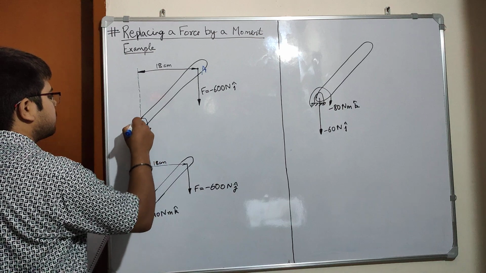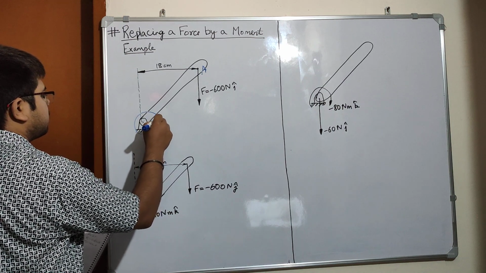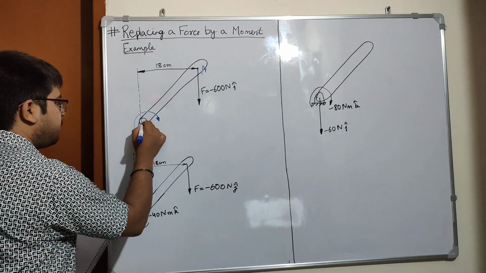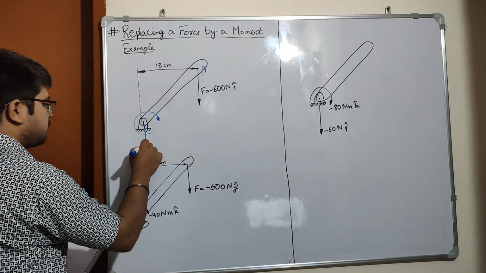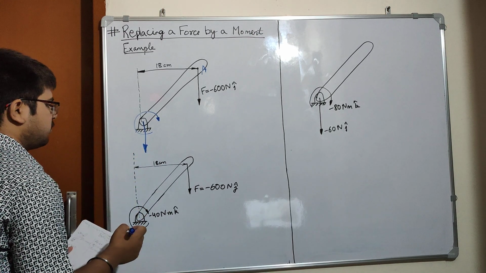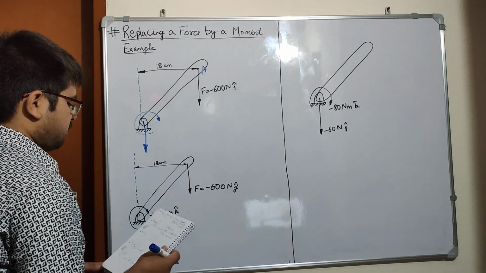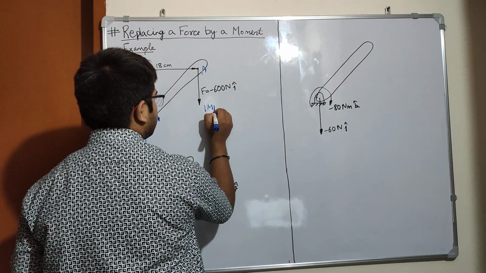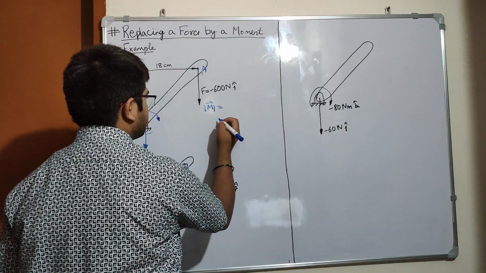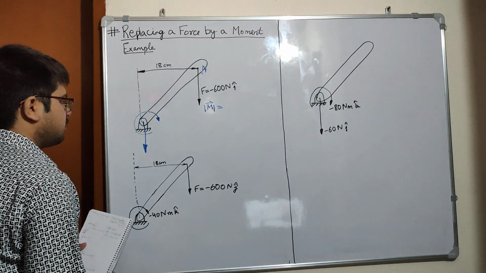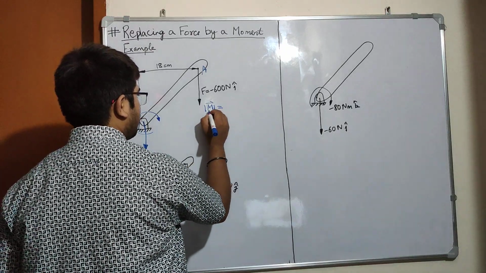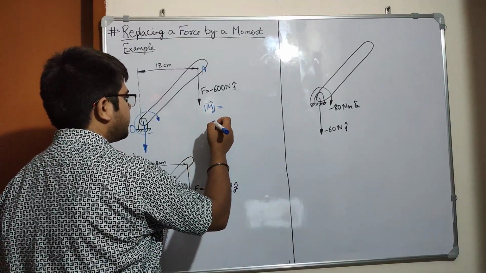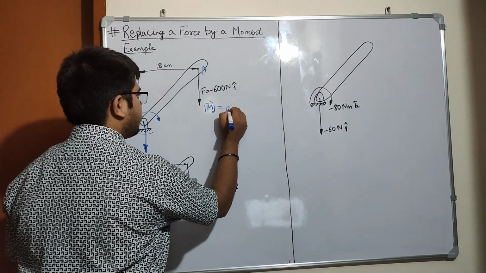So I'll draw a moment here. This moment will be produced by a force here, and we know that moment vector equals M about O. Let's say this point is O. So M_O vector equals d cross F